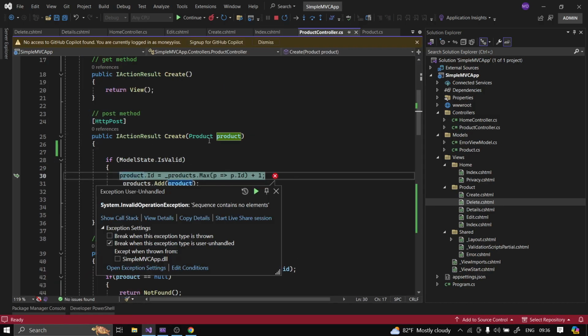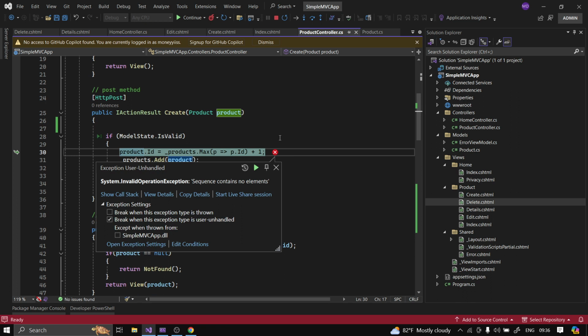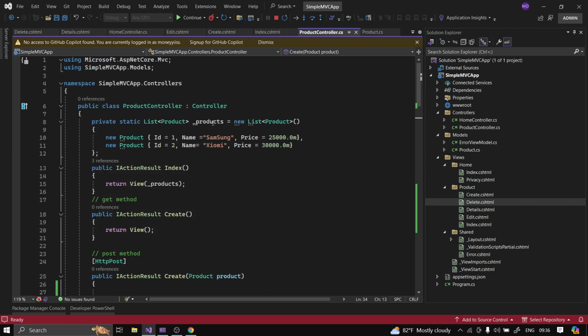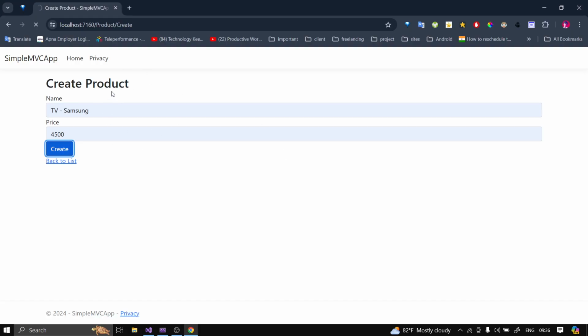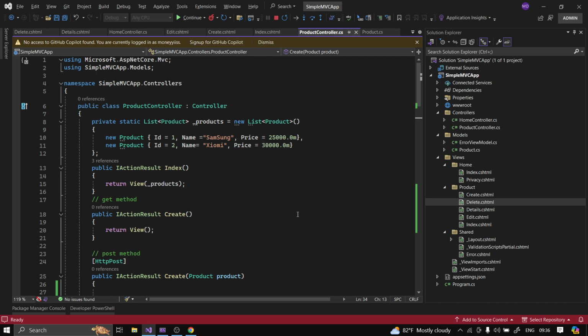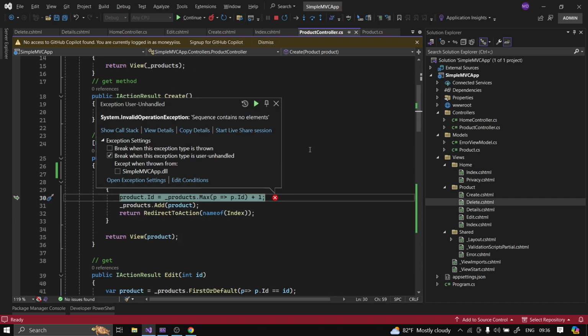So guys, here I am finding the error. You can see the error: unhandled system.InvalidOperationException, sequence contains no element. Guys, you know you have already deleted the product from this list. So guys, when you delete all the products from the list, here you